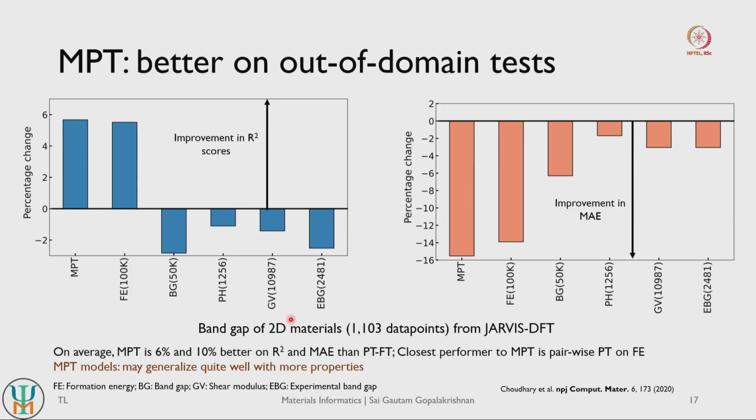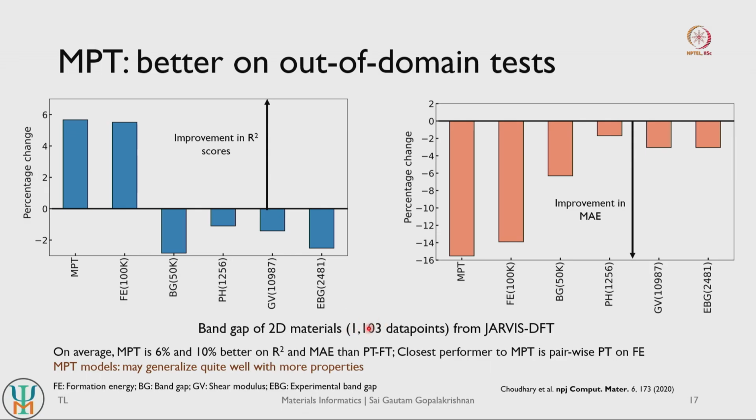The out of domain test that we did was we fine tuned all of these models on the band gap of 2D materials, right. Recollect that all the 7 different properties that we have used so far, such as shear modulus, formation energies, band gaps and so on, are all properties of 3-dimensional materials or regular crystal structures. So we looked at 2D materials. These are an entirely different class of materials that are not sampled in any of your pre-training steps. So we took these materials and their computed band gaps from the Jarvis DFT repository, right.